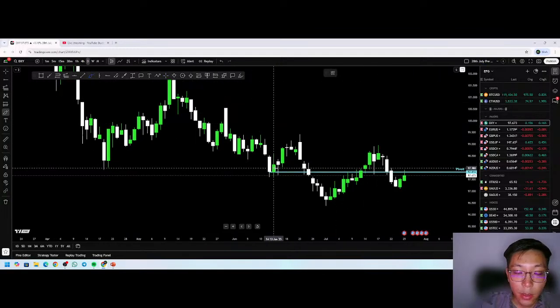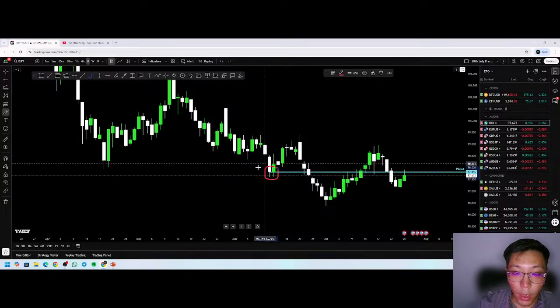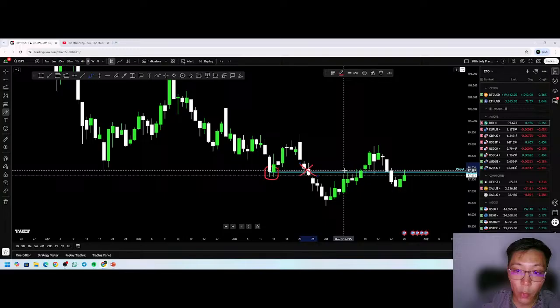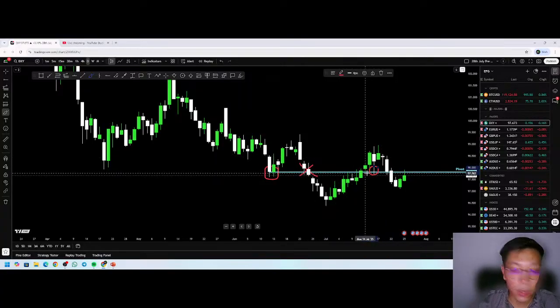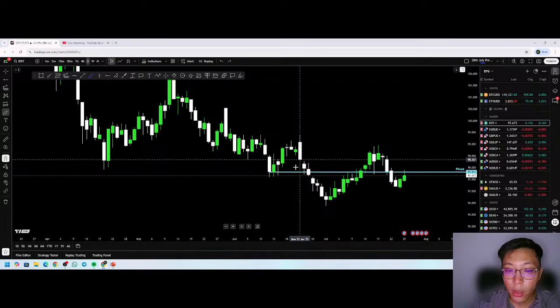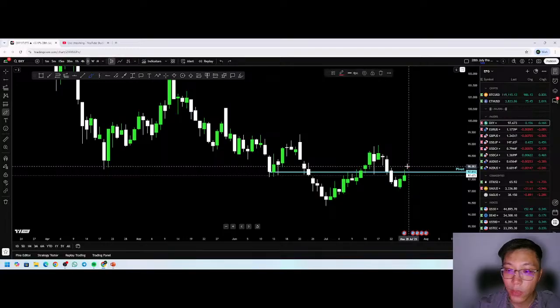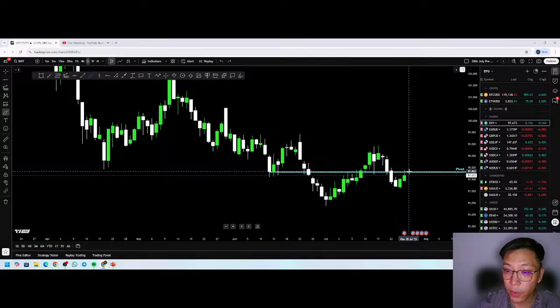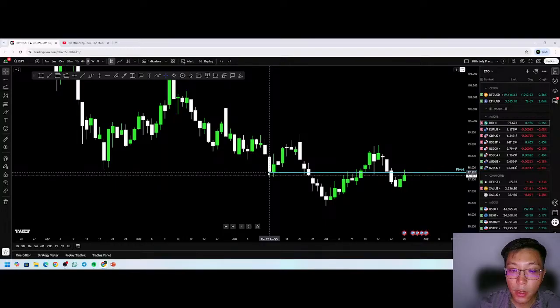Why is that? Looking at this, this is the first reaction of this support level, and then it broke past this support and acted as resistance, and it reacted to this pivot point as well. So this is an important level because it has multiple touches over here, and you can see right now price is reacting off this pivot point, rejecting this pivot level. That's why we could use this as our pivot point.